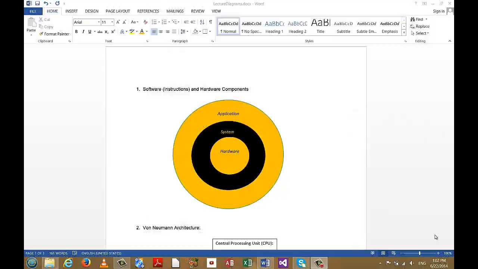Hi, in this lecture I'm going to explain some things that hopefully will make it easier for you to understand what's going on when we begin to write programs to solve problems. Thus far we've looked at HTML5 and CSS, a markup language and a formatting language, and we're about to start looking at an imperative language